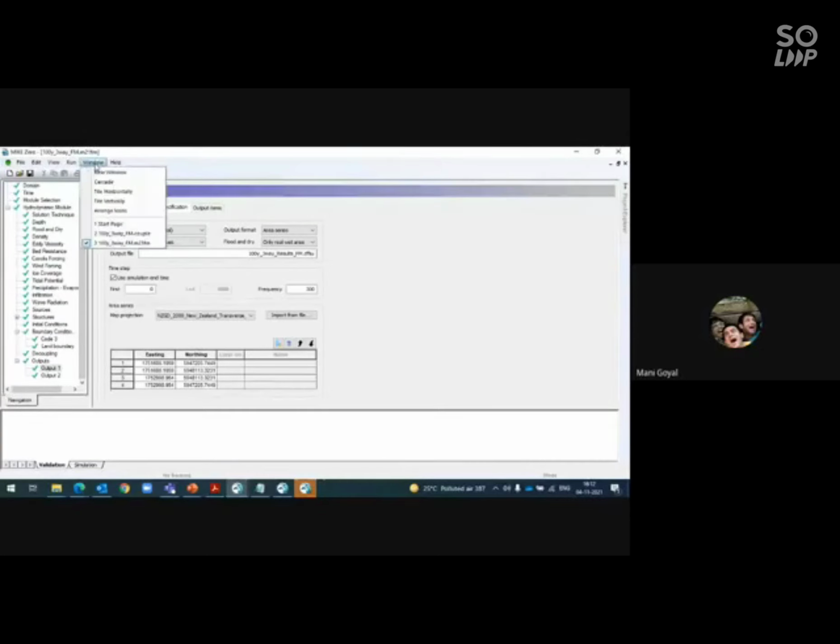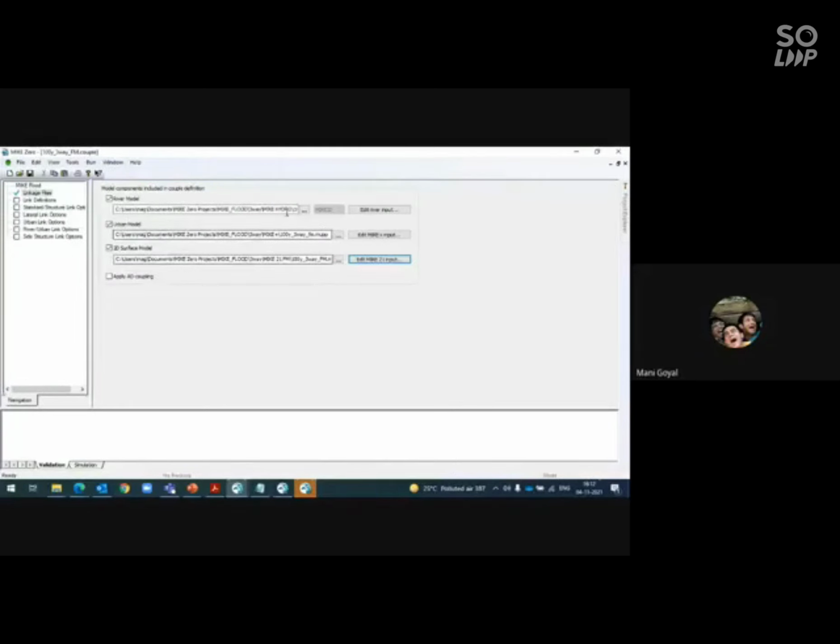And if I go to my Mike Flood, this is your 1D, this is your 2D. Once you import these two models into this Mike Flood, the third one is your urban model. Before it was Mike Urban, then it got Mike Urban Plus with an integrated platform. Now it is Mike Plus. So the third one will be your MU++. This is for the Mike Flood.